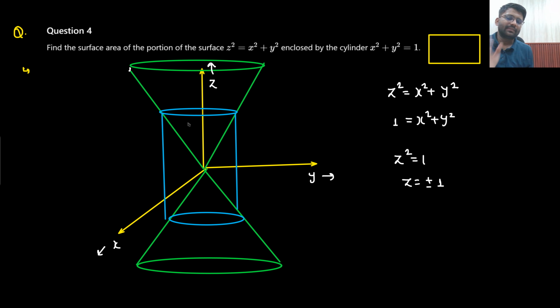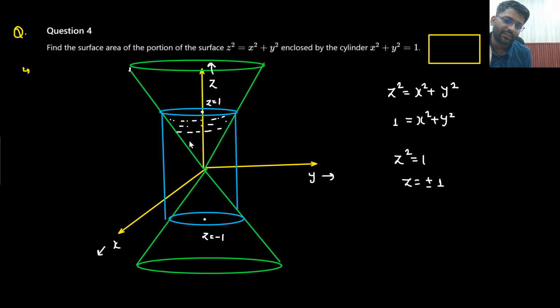So yeah, this is the cylinder. In between this cylinder, the scenario is this is z equals 1, and this is z equals minus 1. Here z equals minus 1. So in between, whatever the surface area is coming,